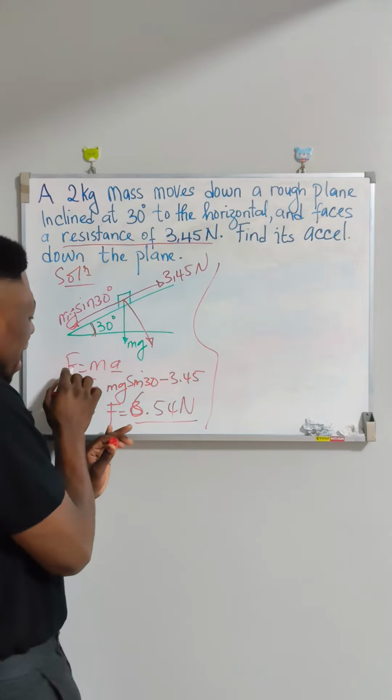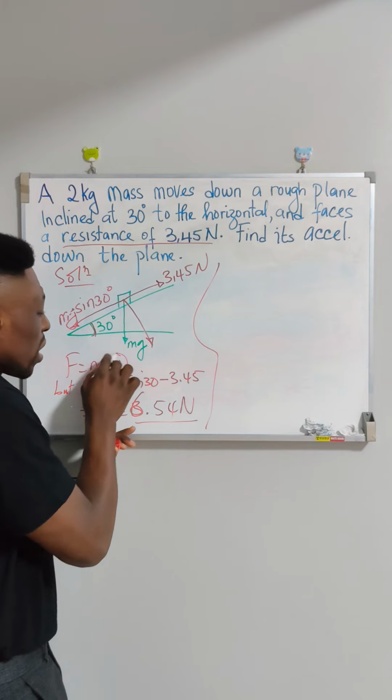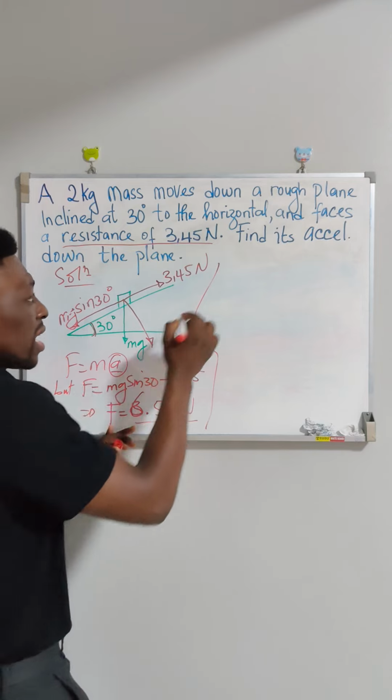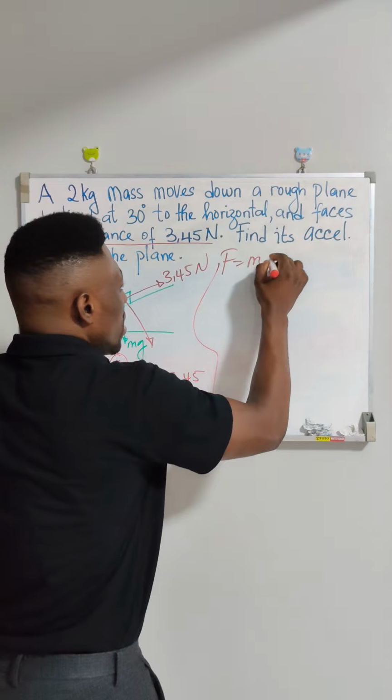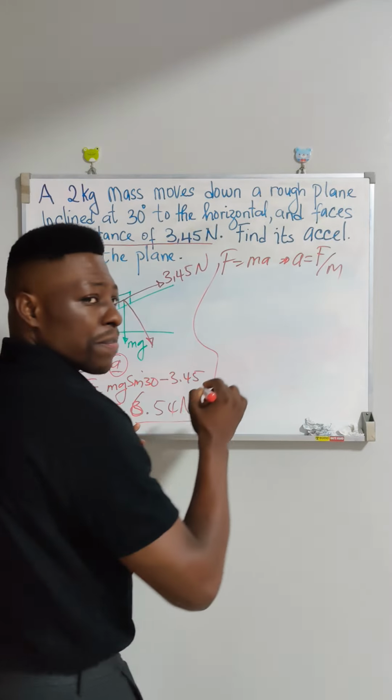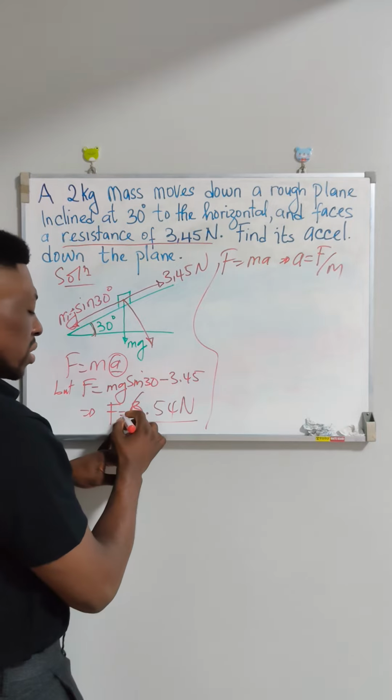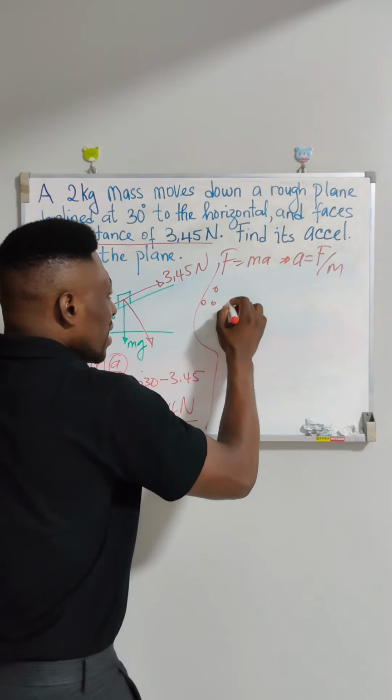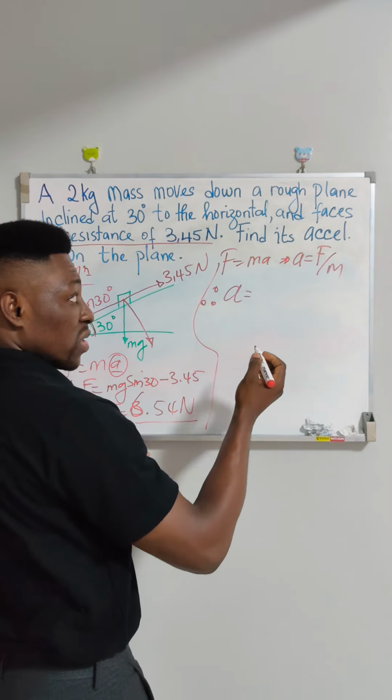So since we said F equals ma, this is what we are looking for, guys. Make a the subject. F equals ma implies that a will be equal to F on m. This F here is what we just got here. Therefore, the a we are looking for will be nothing else but this F